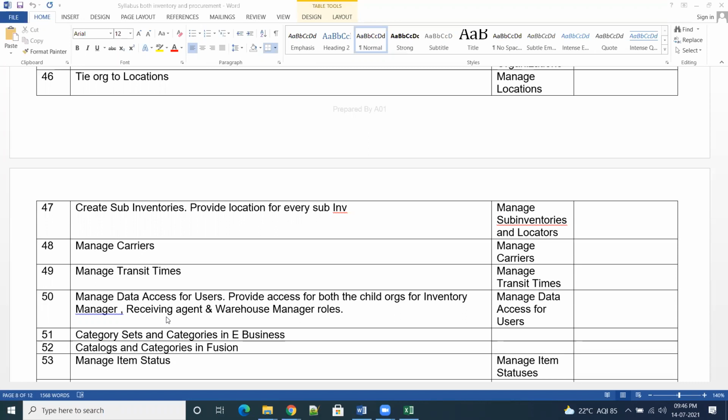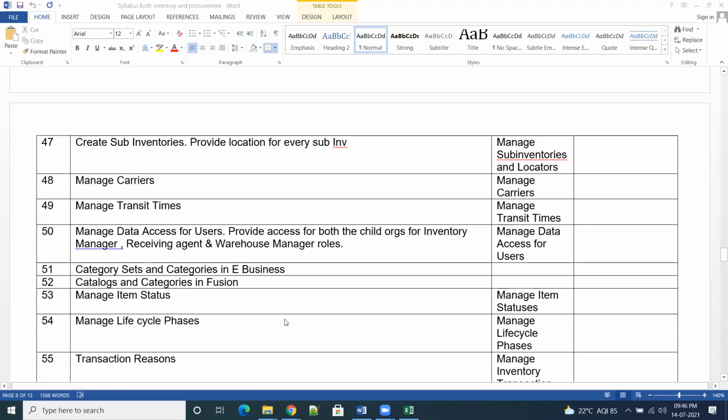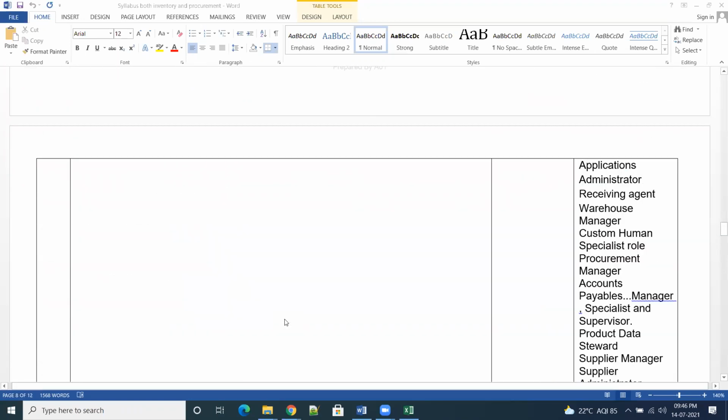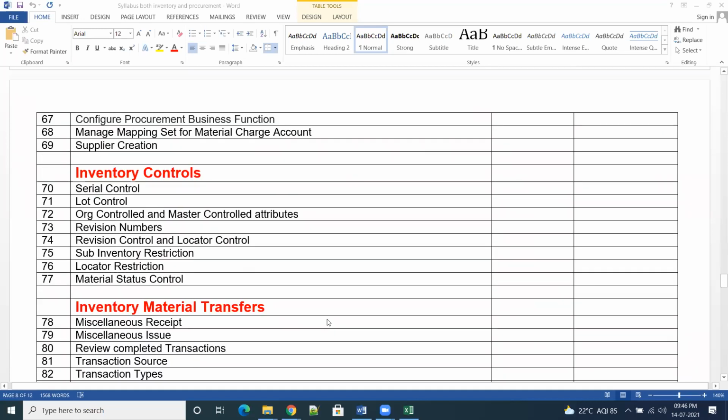If we are keeping multiple BUs, that is intra. Okay. So that I will cover. We'll try to cover intra, we need to do some more setups for that. But interorganization, definitely those things will come under inventory transactions. I don't think I have kept it here, but we'll cover.